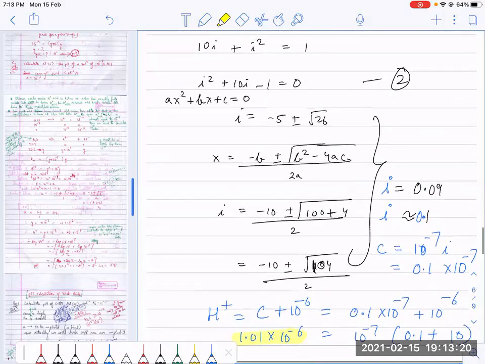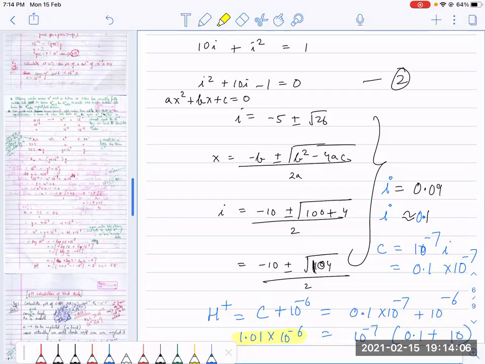Please copy this. So up till now we have discussed calculation of pH in strong acids. We have seen two things, that for strong acids, the concentration is greater than 10 to the power minus 6. By greater I mean 10 to the power minus 5, minus 4, minus 3, minus 2, minus 1. These are all greater. If concentration is greater than 10 to the power minus 6, everything is absolutely fine.